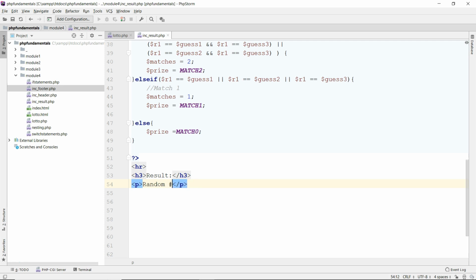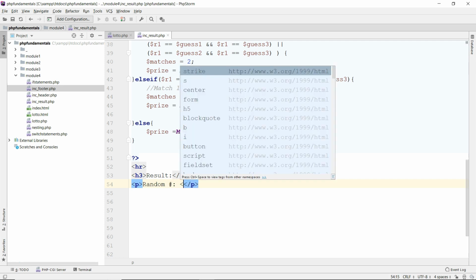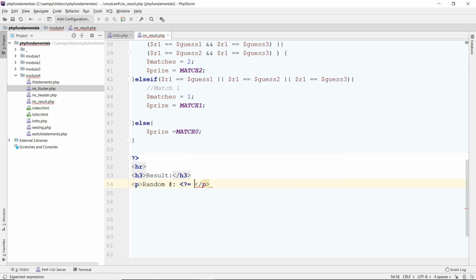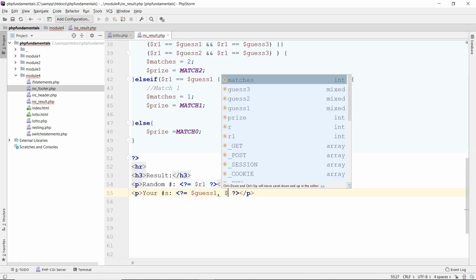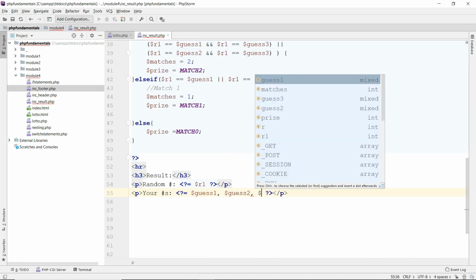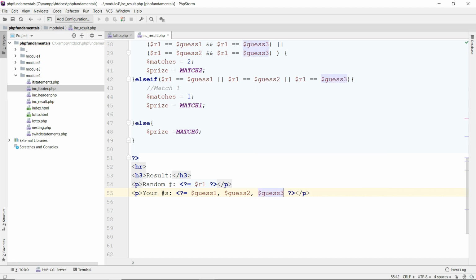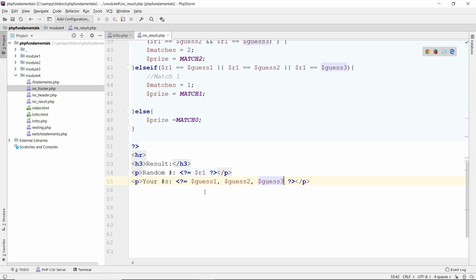Let's put a pound sign. Is the R1. Display that to the user and duplicate that again. This is your numbers, and then we display the guess 1, okay, and then guess 2 and guess 3. Display those 3 numbers there, and then down here you could do something like, I'm going to